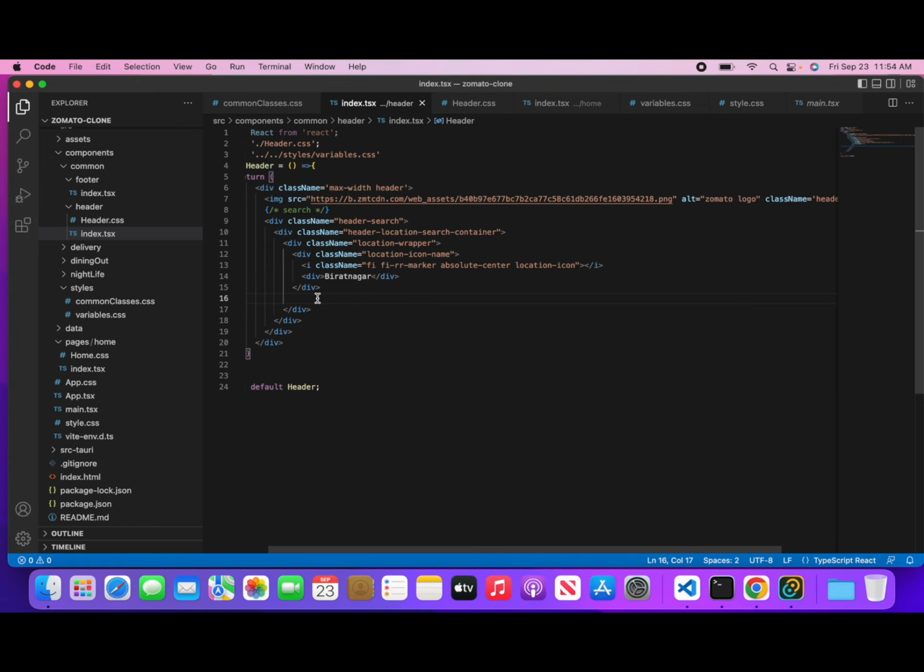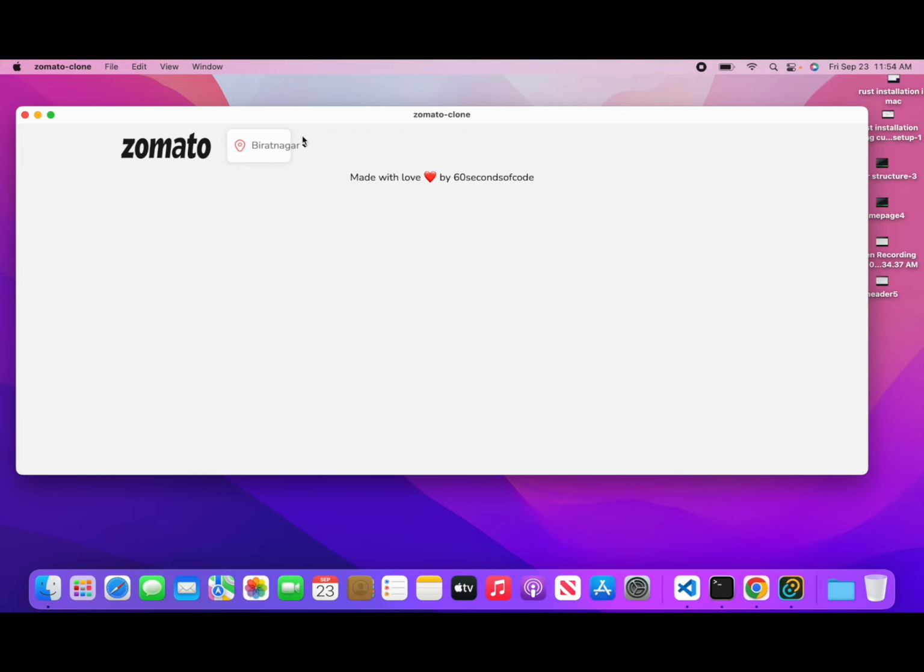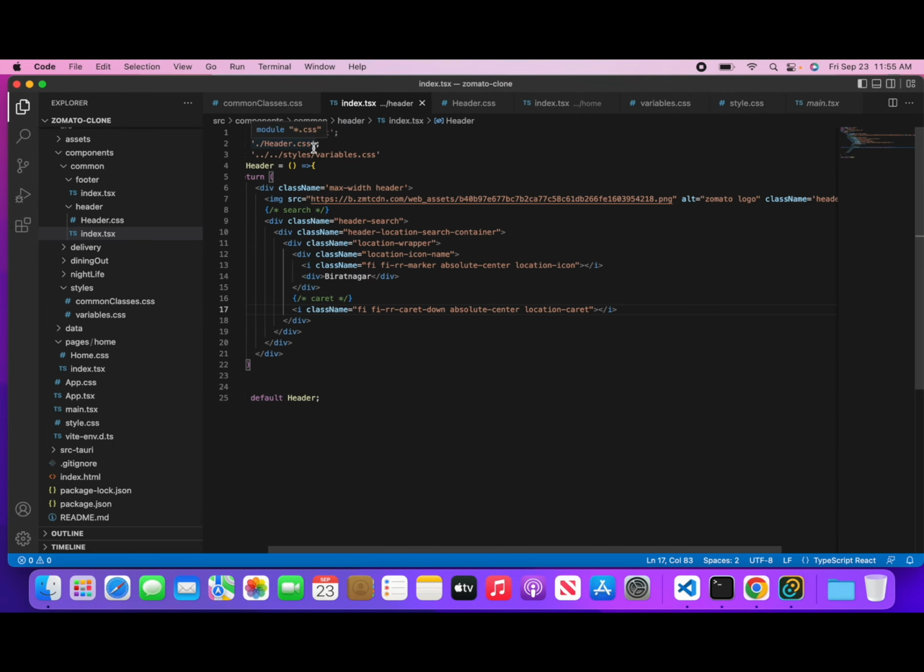right. We have this caret. So I dot, and this is for, I'm using a Flaticon, right. Fi dash r caret down, and I want to keep it in absolute center, right. Location caret, and you can see this caret has been applied. Now